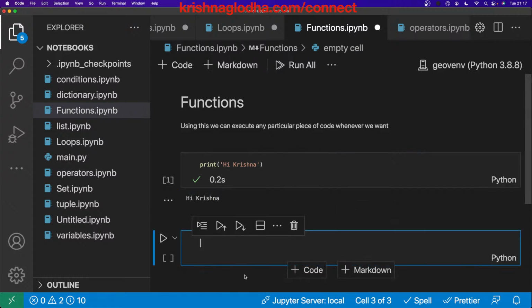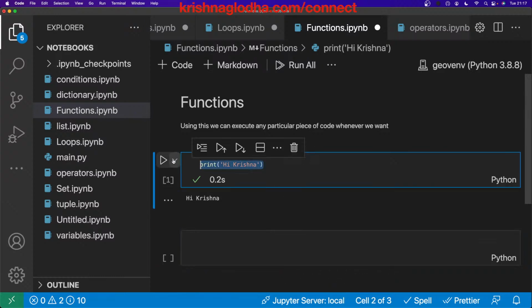But what if I want to do this programmatically? I want to do this using Python, so that I should be able to run this function using Python whenever I want. So what I will do is I will wrap this statement or this business logic, let's say, inside a function, and then I will call that function whenever I want. So defining